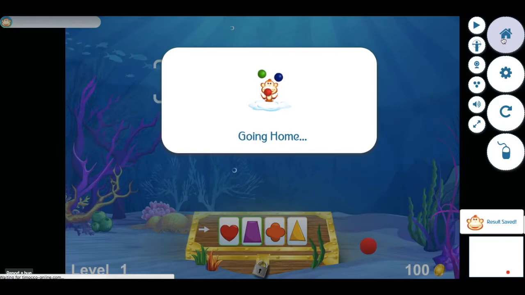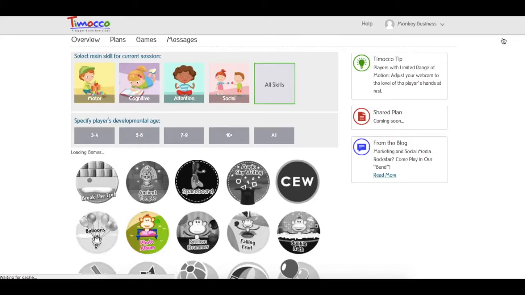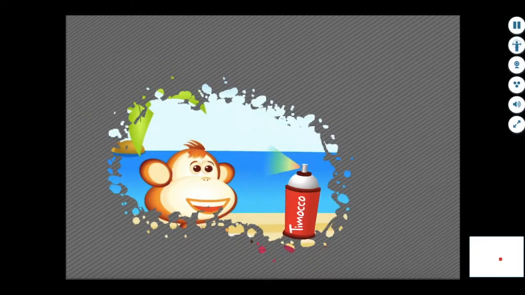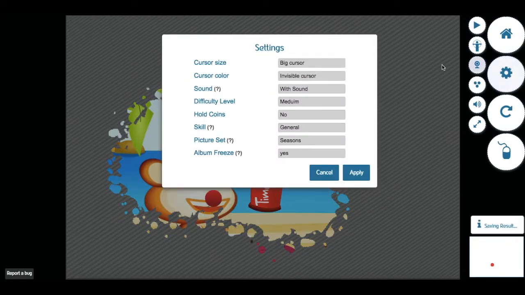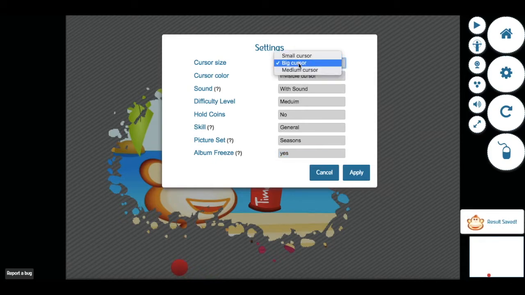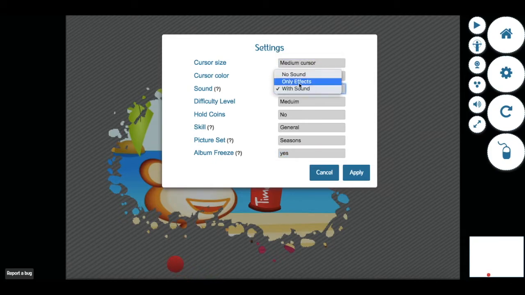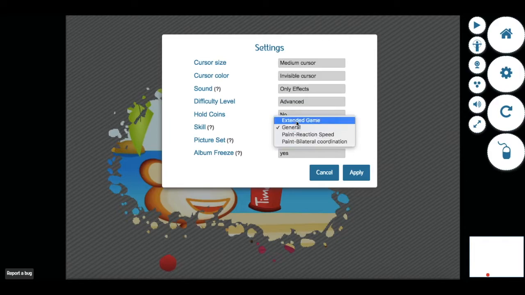The Settings button opens up a window that will allow you to customize the game. We'll dig deeper into settings in another section, but examples of adjustable settings include removing the background for children who have visual impairments or may become distracted, speeding up or slowing down activities, as well as changing the length or focus in the game. The Replay button below the Settings button just does what its namesake says, it starts the